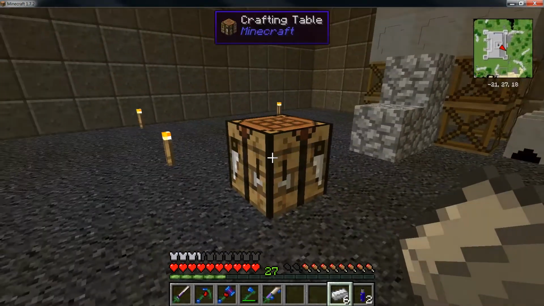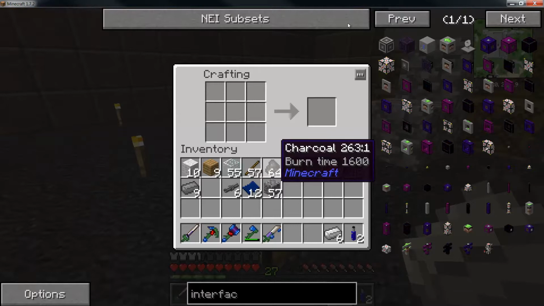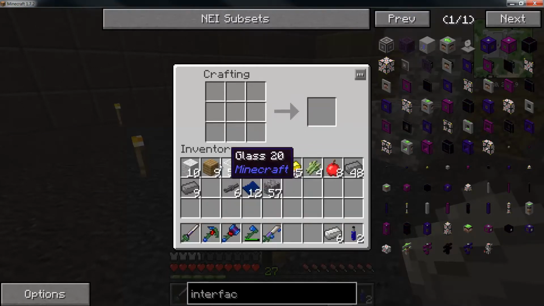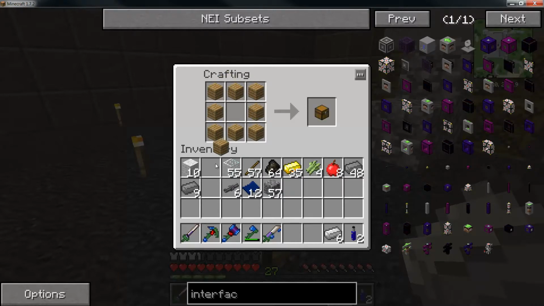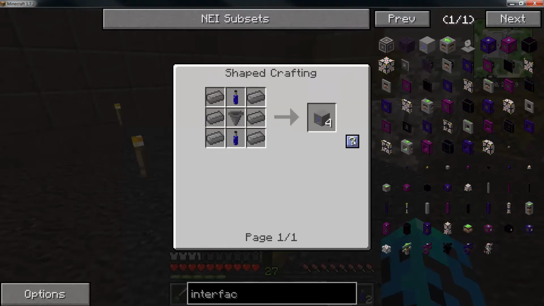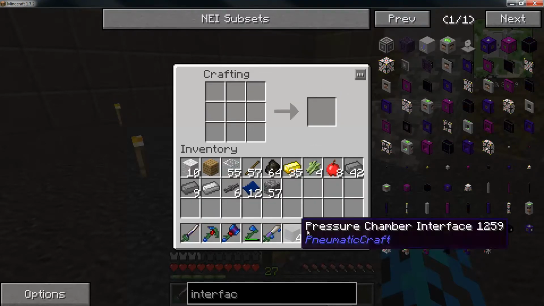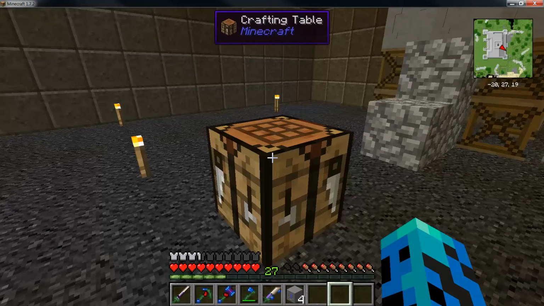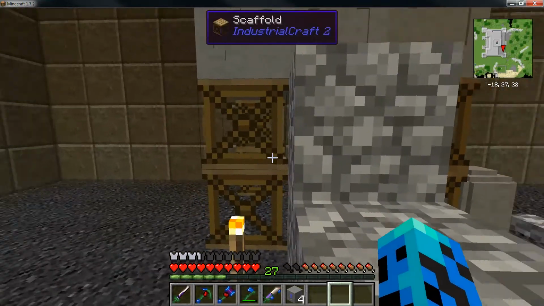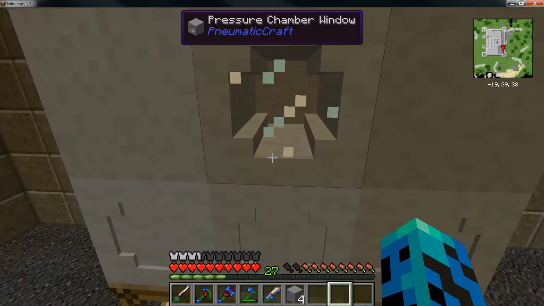So I'm recording on Friday, August 1st. So within the last few days, Thermal Expansion has released a beta. OpenBlocks has released a beta. And XComp said that his release for 1.7.10 has been out for a while and been tested, and he thinks it's just about ready for a public release. So that is awesome,